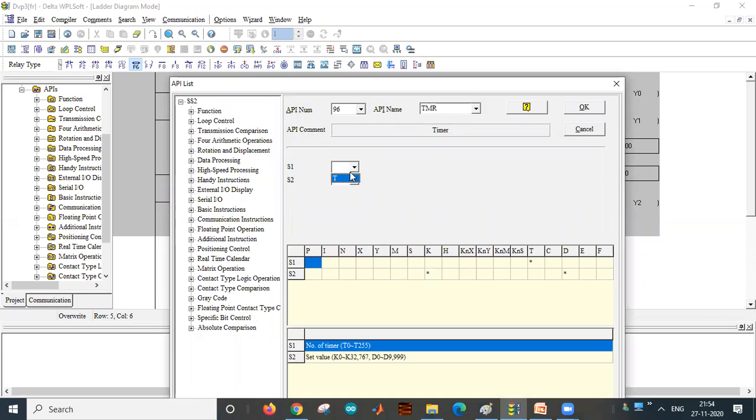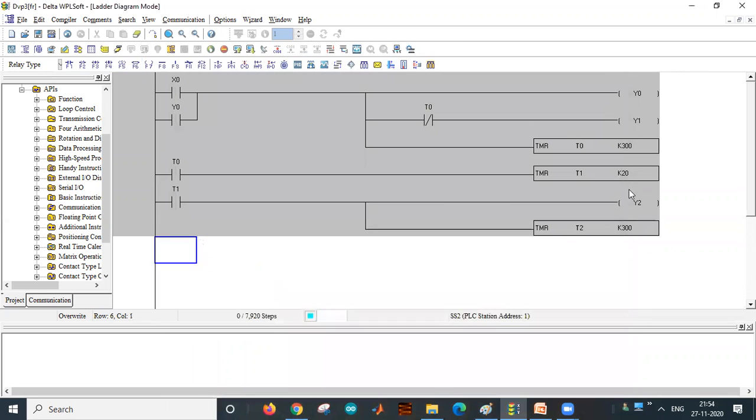So this timer I am taking it as T2. T0 and T1 are already used, so I am using another timer, T2. Here you have to again keep 30 seconds, so this will be 300. Okay, 300 I am keeping. So for 30 seconds the motor will rotate in